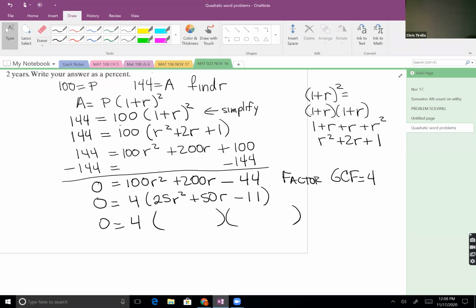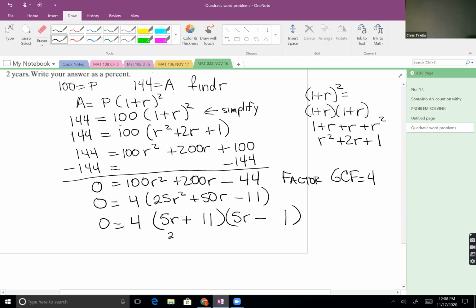I'm going to do this by trial and error. That 25 R squared, I'm going to use 5R times 5R. 11 can only be 11 times 1. If I make it positive 11 and minus 1, when I FOIL,